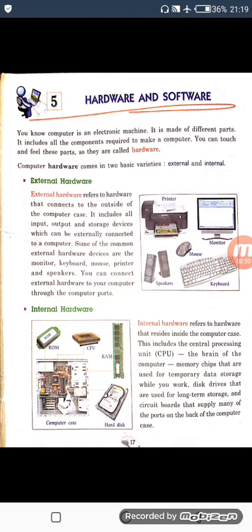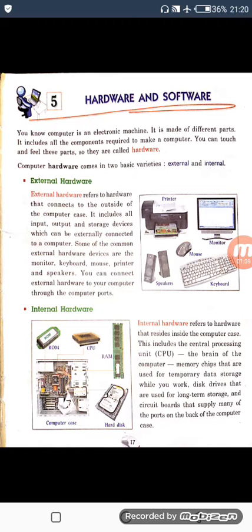In that, we studied our input units, output units, processing units, and we also studied computer memory in chapter 2, and we are going to use that in this chapter, hardware and software. Now, how the devices are related to that hardware. So let's begin the chapter.